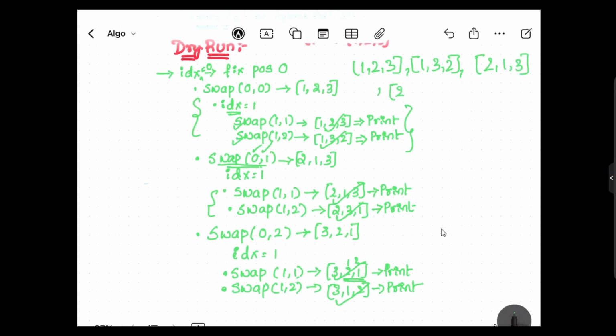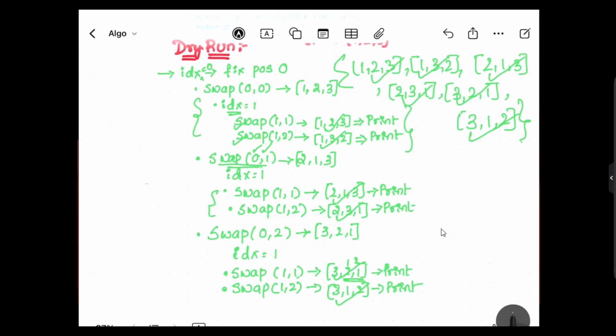Then we are going with the 231. Next we are going with the 321. Finally we are going with the 312. So this is the output that we need to get actually, all the permutations, right? For the set 1 2 3, these are the permutations that we need to get. For that itself, we have written the code. The output is 1 2 3, 1 3 2, 2 1 3, 2 3 1, 3 2 1, as well as the